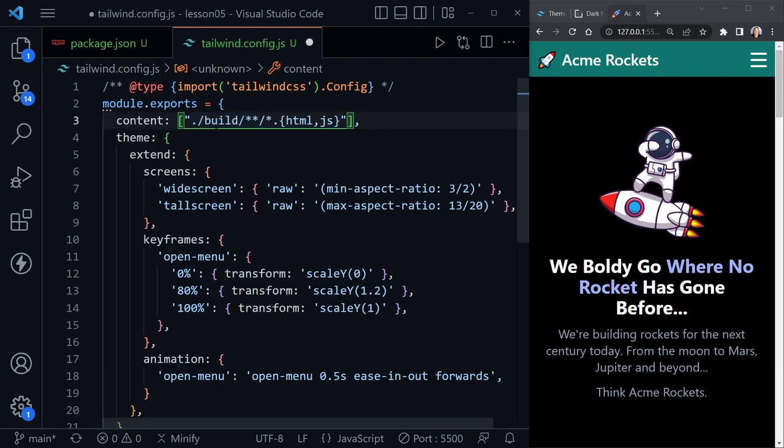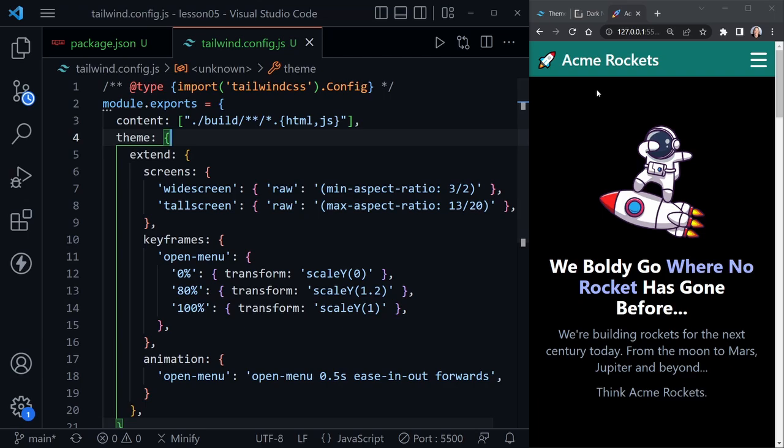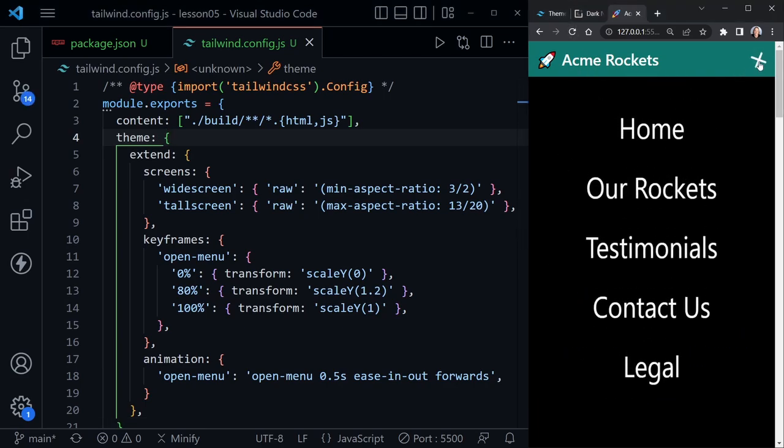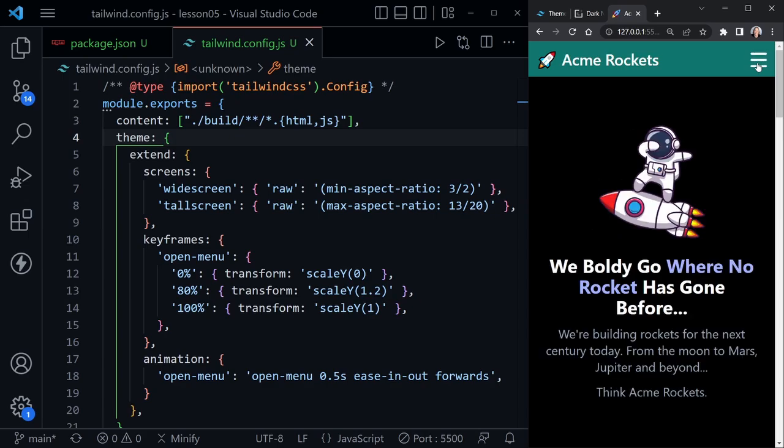And now you can see this is all in one line. And I've got build here, but then I've got a couple of asterisks to say, okay, if there is a folder, look inside of any folder that's in the build directory, and then look for these HTML and JavaScript files. And if we save, and once again, I'll hold down Shift and refresh just to make sure, but let's make sure this is working. Yes, our JavaScript still works,